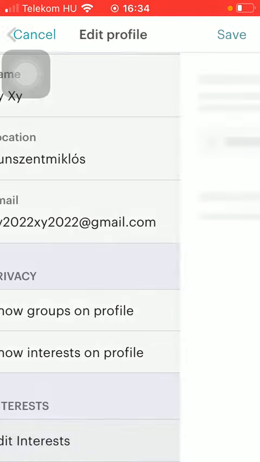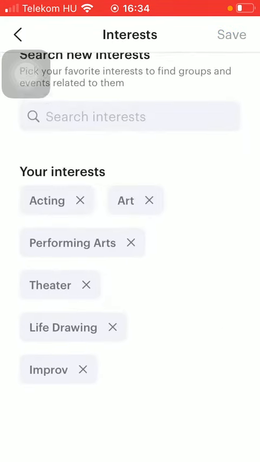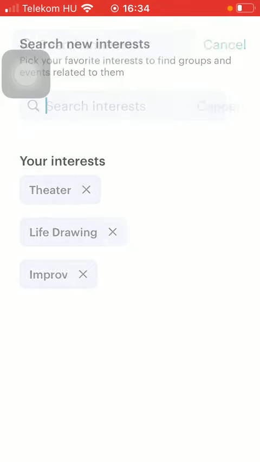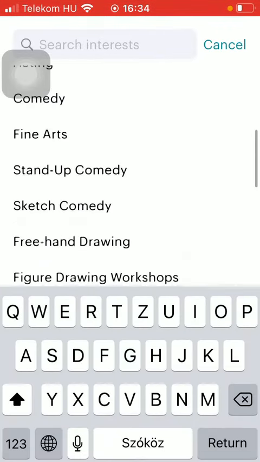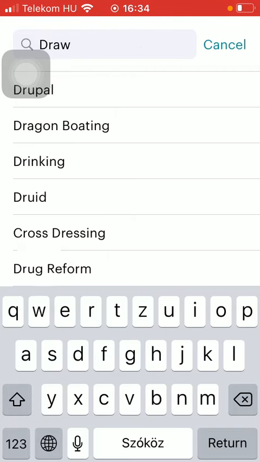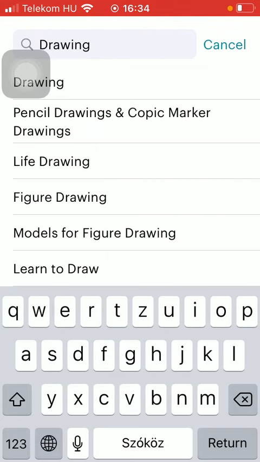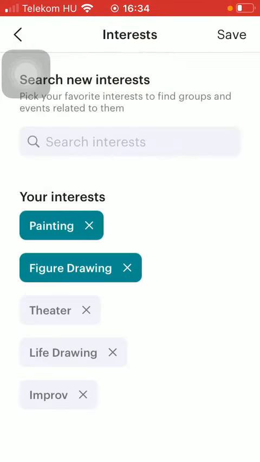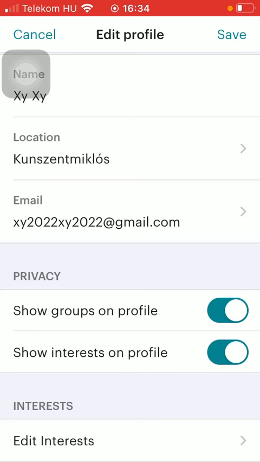and tap on it. Here you can find all of the edit interests, so if you want to get rid of any of these, just simply tap on the X next to it and then you can type in another interest. Here you can find them, but you can also use keywords such as drawing. Here you can find the relevant ones, so all you have to do is just simply tapping on the relevant one that you want to add. After that, tap on the save button in the upper right corner of the screen to save your